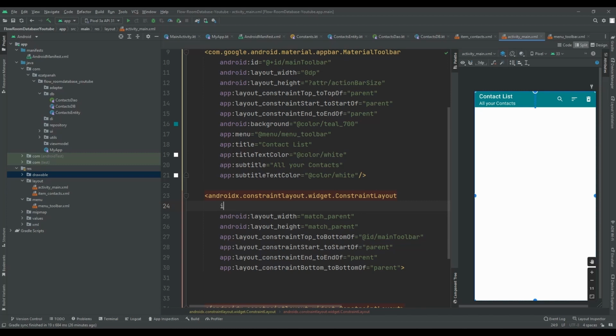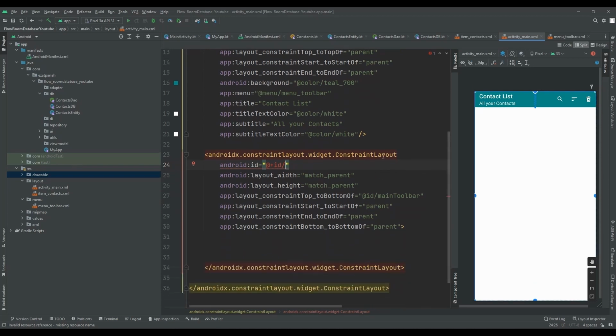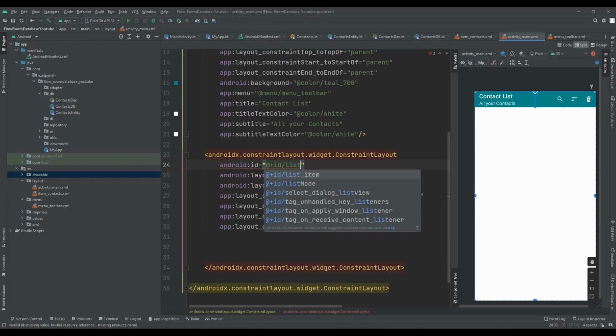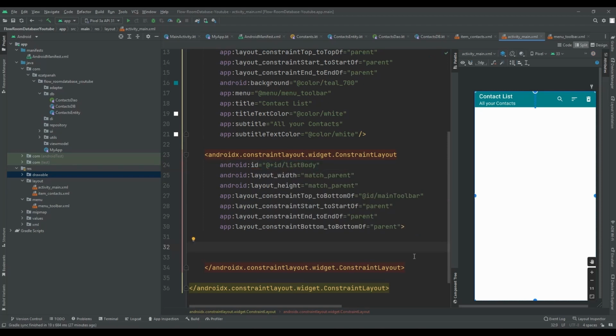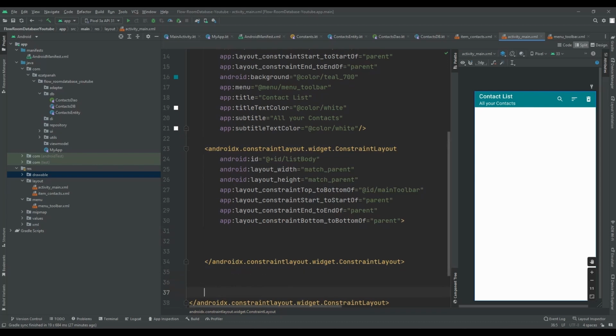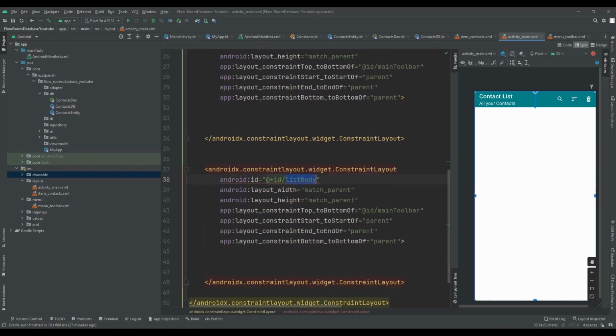This constraint layout is for my recycler view, and I will tell you why here I created a constraint layout and put my recycler view here. Just let me set the ID. Okay, let me copy and paste it again. This one is about my